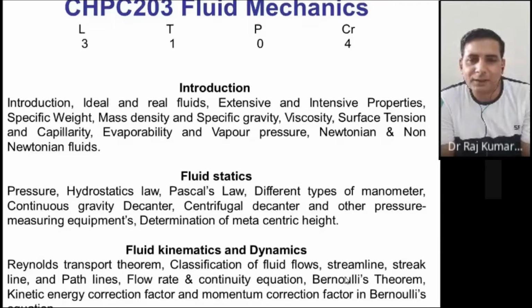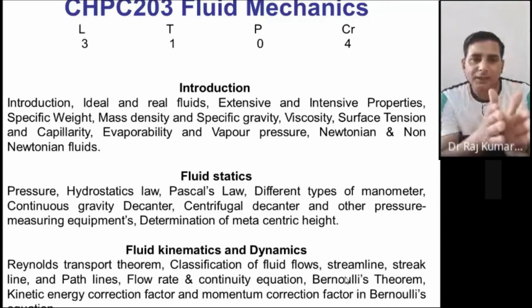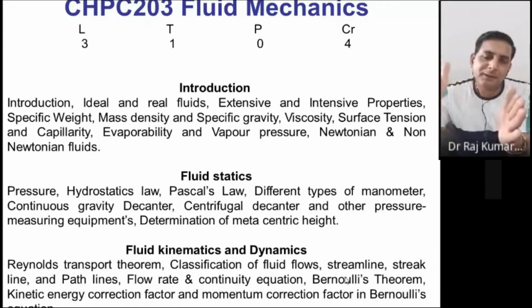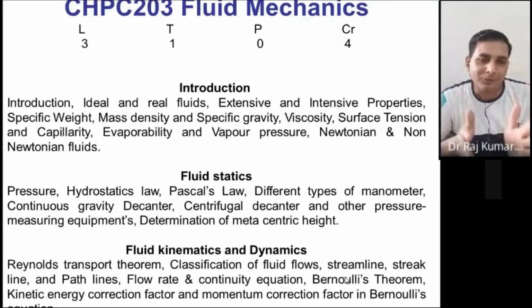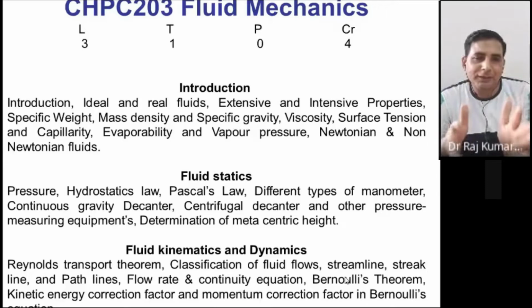Bernoulli theorem says that for an ideal fluid, its energy would remain conserved. So whatever energy it has at one end, the same energy would be there after 1 kilometer or 2 kilometers or 10 kilometers if it is an ideal fluid, right? For an ideal fluid, the energy will not be lost. Only the form will change. Total energy of the particle is, let's say, pressure energy, kinetic energy, and then potential energy. These are the energies you have in a flowing fluid.